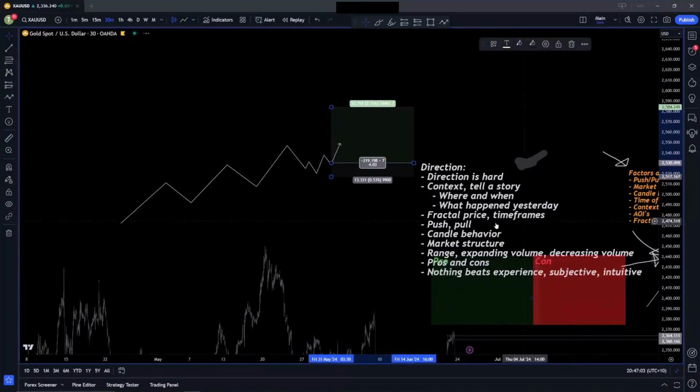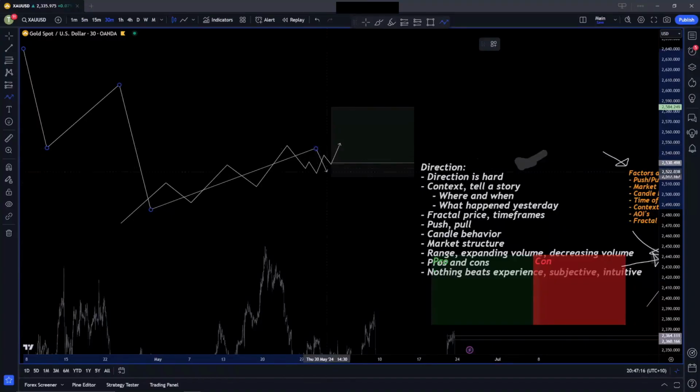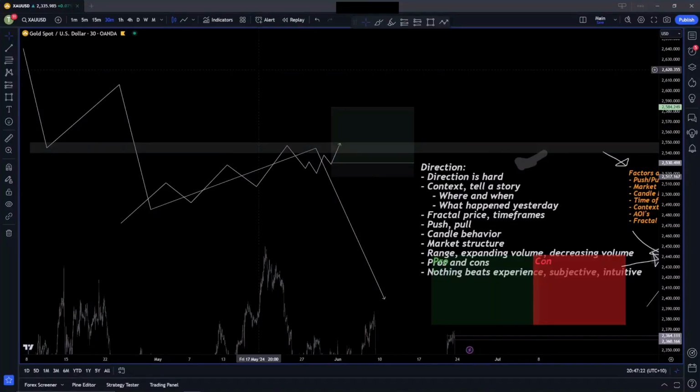But if you zoom out to high time frames, this bullish move here was a part of a larger bearish move here, and you're trying to take a buy into a previous low on a high time frame. Just as a very simple example,